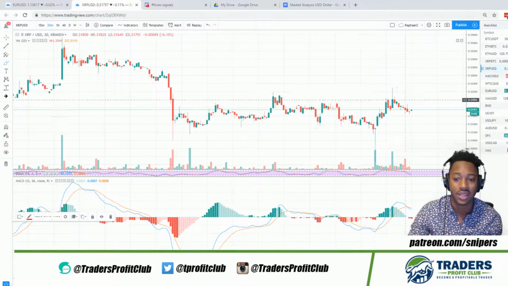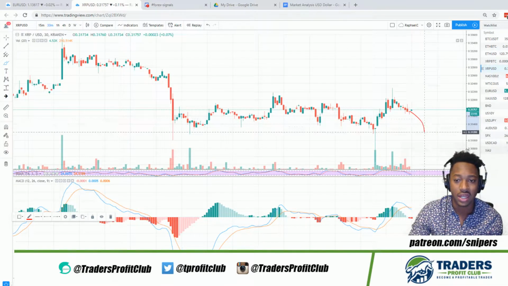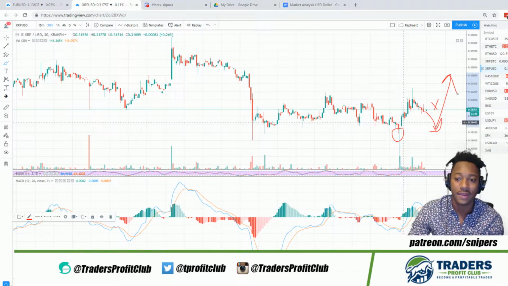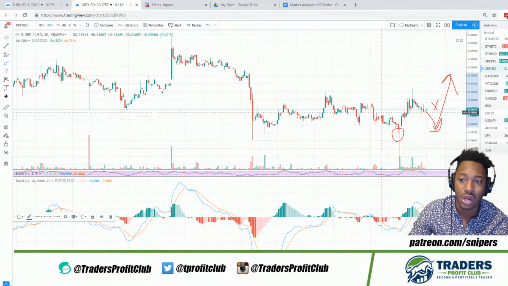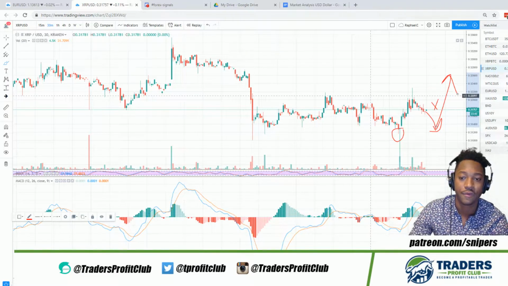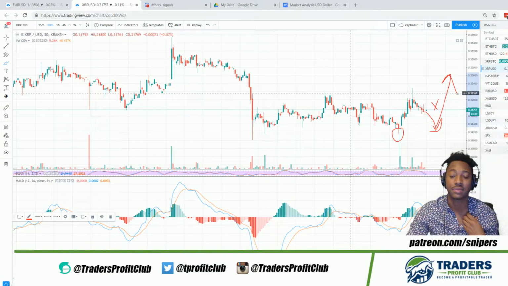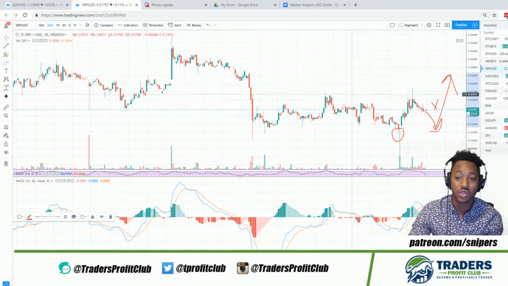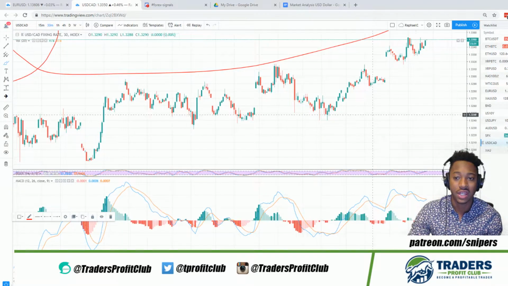We can look at XRP. We can definitely be seeing XRP going high, but maybe we can see a stop out to the downside before we see another drive to the upside. Maybe retest this pin bar low to consolidate price and stop out those traders one more time before they drive price up. So XRP, Ethereum, and Bitcoin I'm going to be taking a huge focus on for the next couple of days. I'm going to be showing a lot of the market material. A lot of those prices are going to be showing huge momentum. So in that case, we're going to be definitely looking at price on that side.